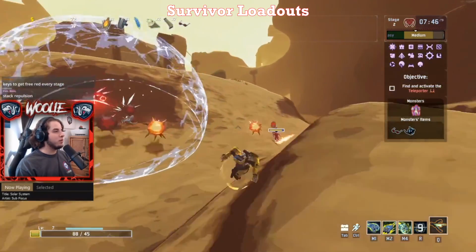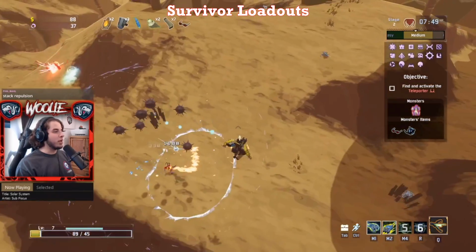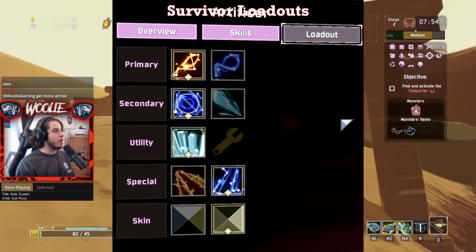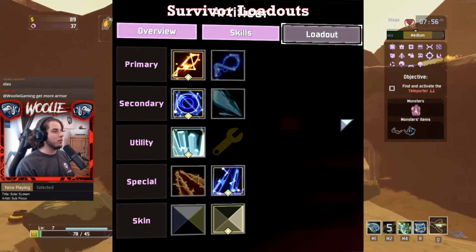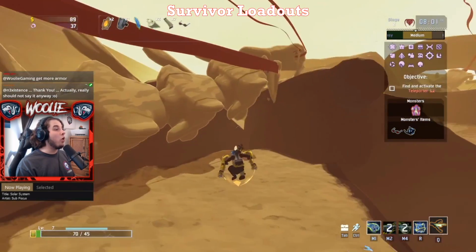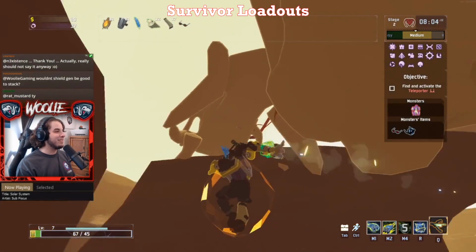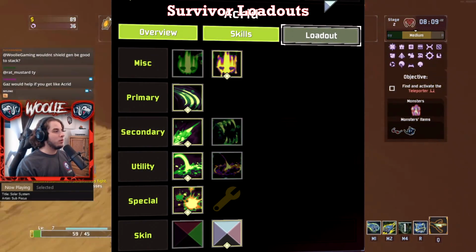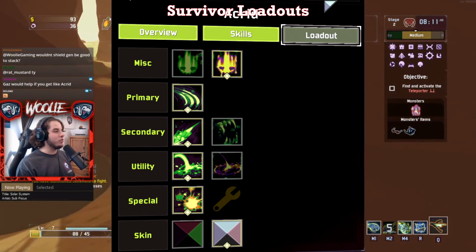Now, most of them are actually the same as what you would take in a regular run, with the most notable exceptions being the Artificer and Acrid. On Artificer, taking her jump over the flamethrower is a no-brainer, as your early game damage is not as important as your early mobility. Losing the flamethrower does not matter at all compared to the upside of having an insta retreat button. For Acrid, taking blight over poison will help you immensely, as again, you don't need a ton of